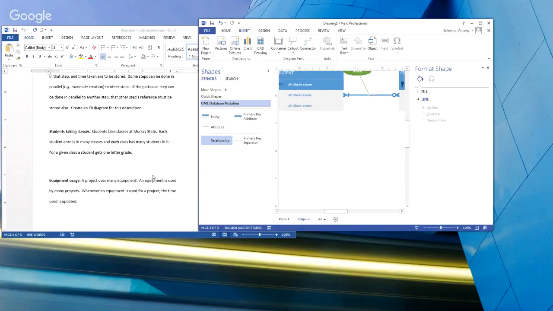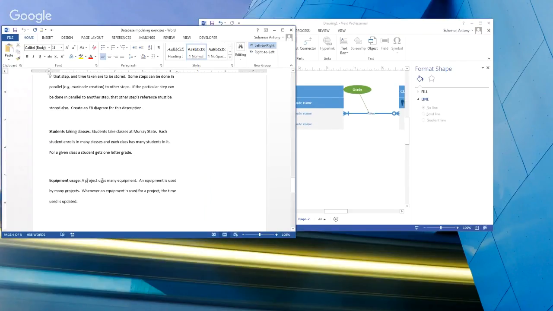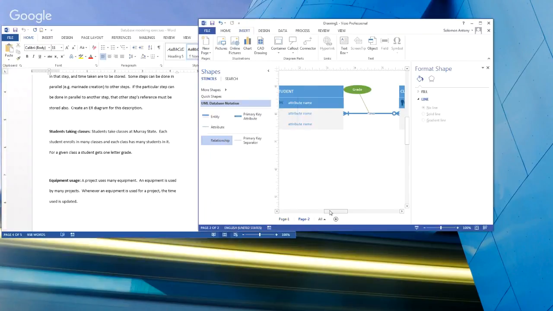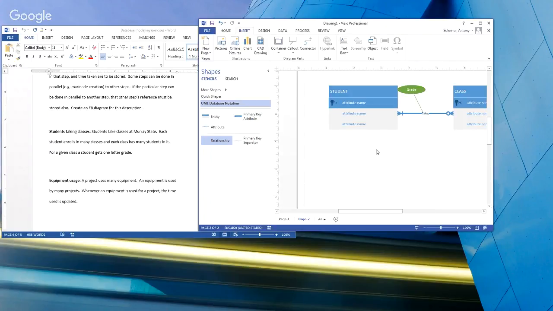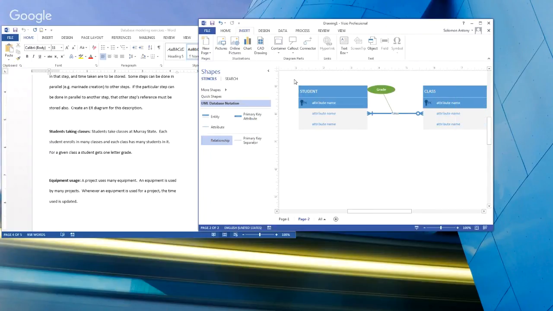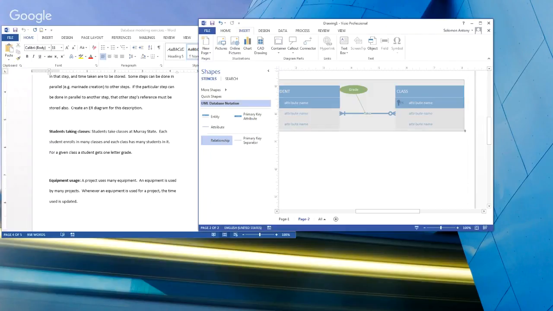Okay. Similarly, the next problem, a project uses many equipment. Equipment is used by many projects. Whenever an equipment is used for a project, the time used is updated. So it's going to be very similar to this one. And so instead of student and class, we'll simply keep track of equipment